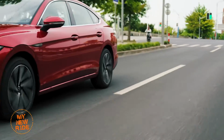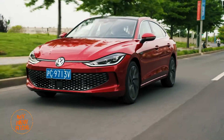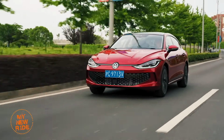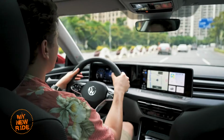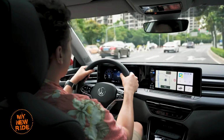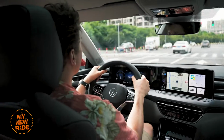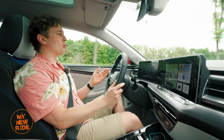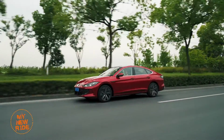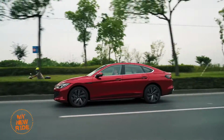This thing doesn't just share most of its interior with the Mark 8 Golf, it also shares the MQB Evo platform. It is, however, larger in every dimension, including wheelbase. It won't surprise you then to learn that it drives like a larger, more comfortable Golf. The difference, I think, starts here in the steering, which is a little bit slower and not as communicative as it is in the Golf. In terms of speed, well, with only a 1.4 up front, you weren't expecting it to be very quick, and you would be right. It doesn't struggle in the city, but passing at highway speeds, yeah, that can be a